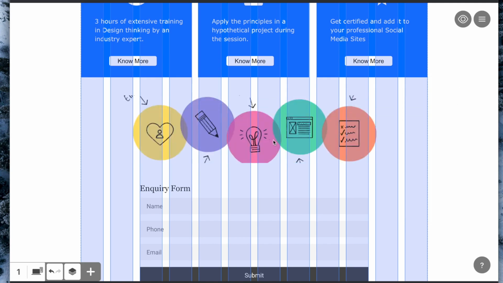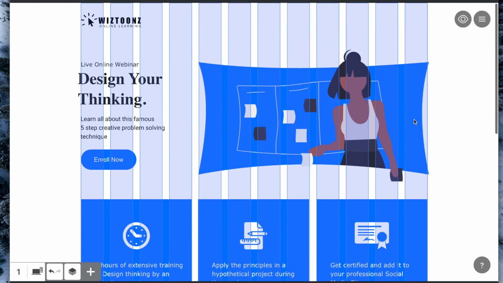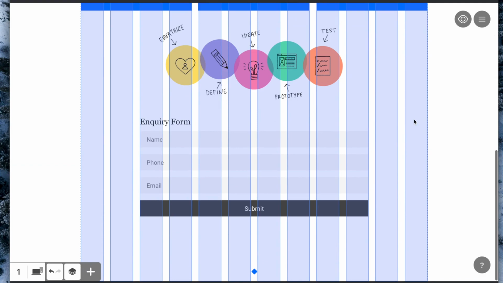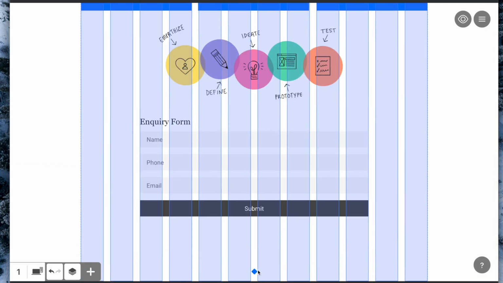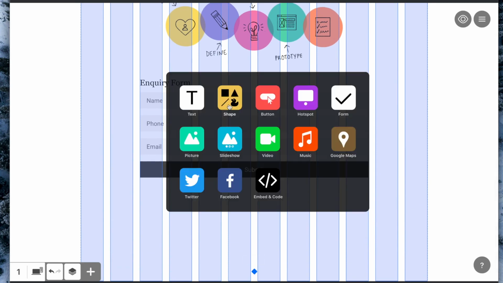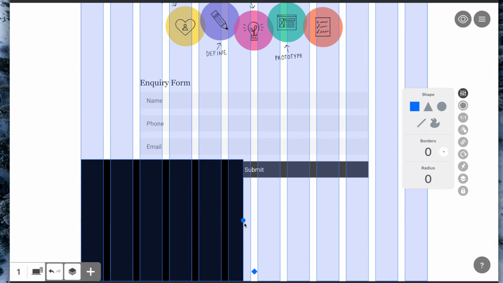Okay, it looks pretty neat. All right, so it looks good. So design thinking, and all that information right here, which is pretty good. It's working pretty good. And right now we need a footer, right? We need a footer. So we're going to create a box. We're going to put it right here, and then scale it up,